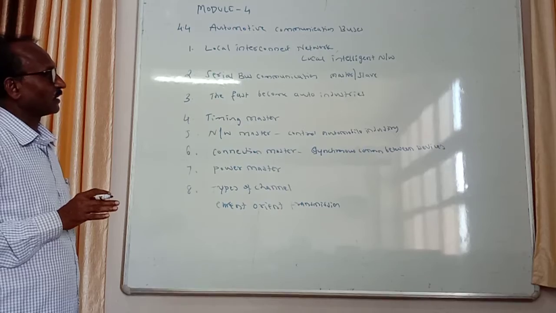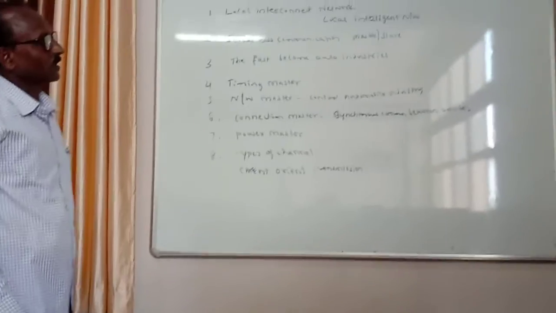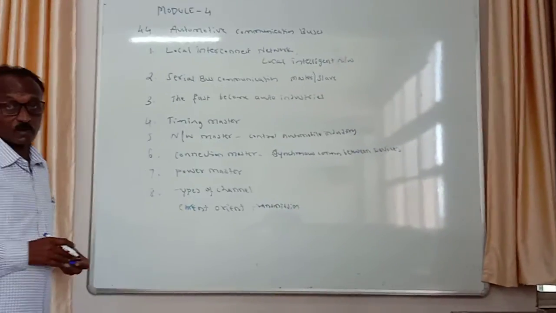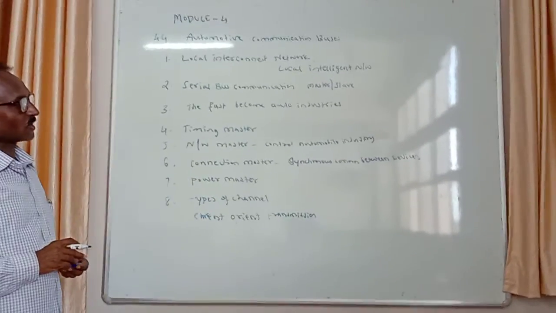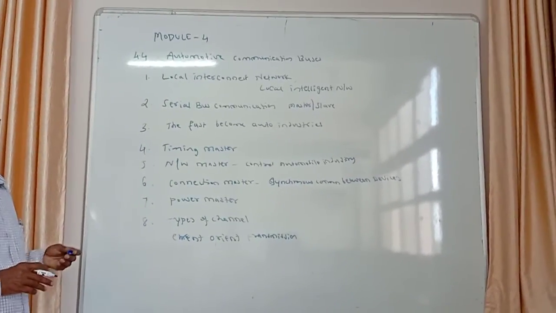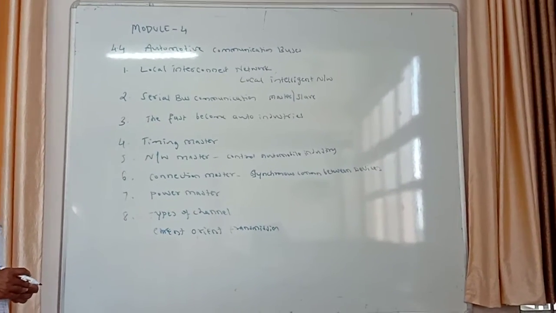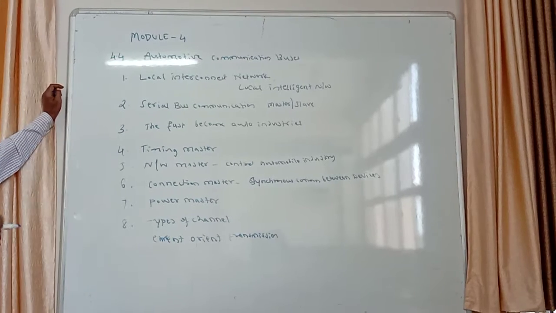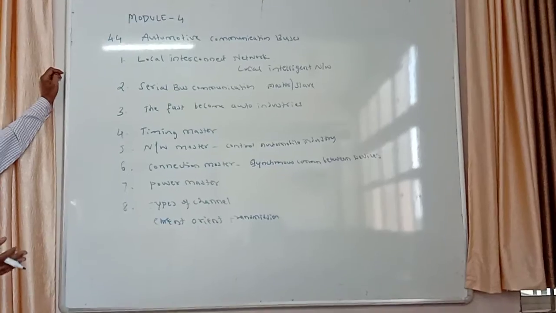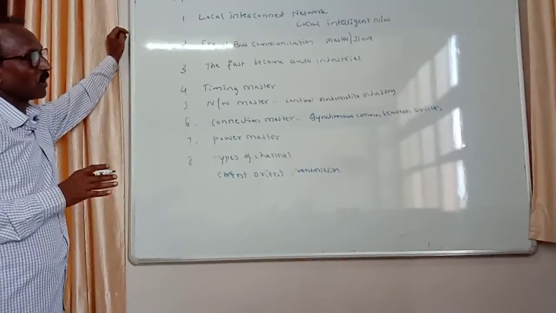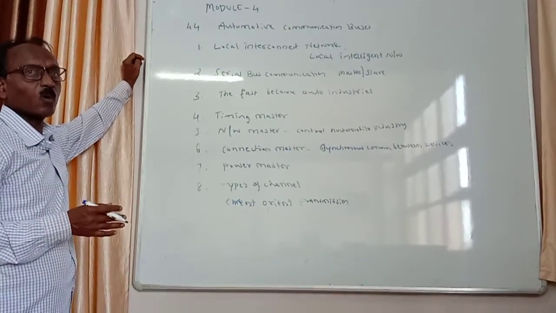They are usually prepared. Another important communication medium is serial bus communication, and there are also parallel bus communication types of communication systems. Here a master and slave relationship is there. Suppose you want to connect a number of different types of devices, first initialize the master. The master initiates the other devices and brings them into a single connection system. That is known as the master, and the slave follows whatever rules and regulations or protocols are there